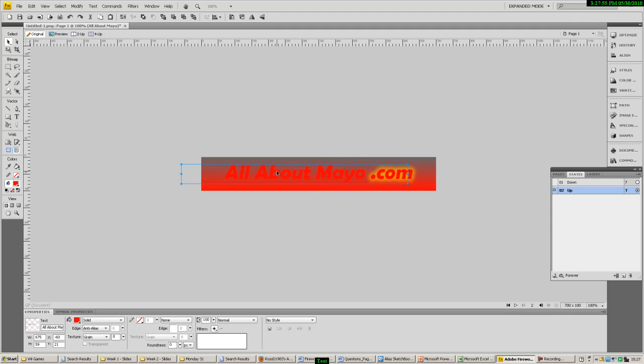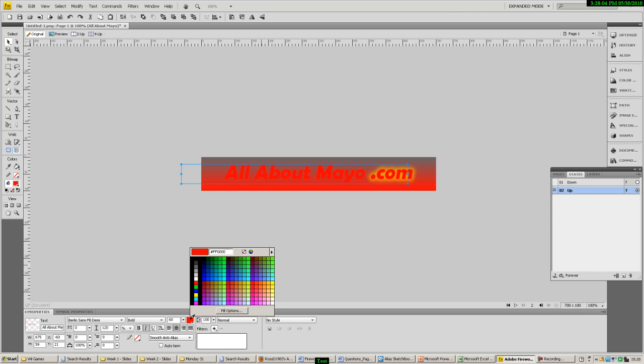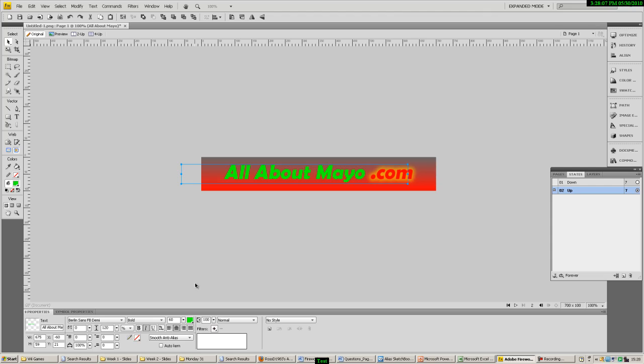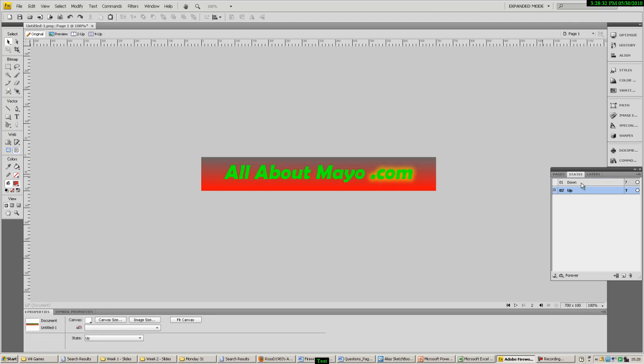Let's change our text. So first of all, we select our text saying all about Mayo, and we need to change this to green. Again, we're going to look at our properties inspector bar and choose green. Our .com text also needs to be green, so again select it, and let's look at our properties inspector bar and choose green also. Now, because we already have duplicated our down state, it has inherited the glow effect, so we don't need to change that at the moment. So basically what we have here now is our down state and up state. So let's revert back to our down state and create the necessary element in order to facilitate a rollover, which